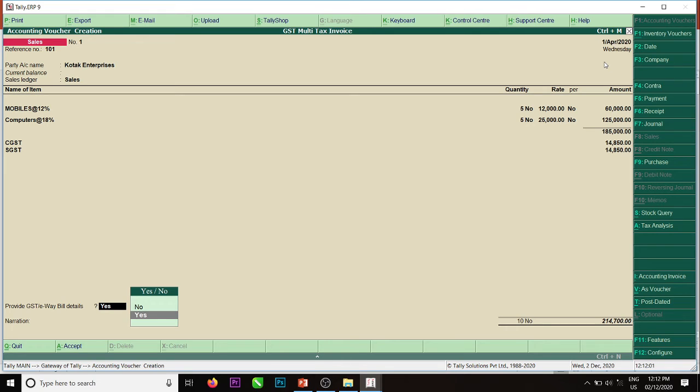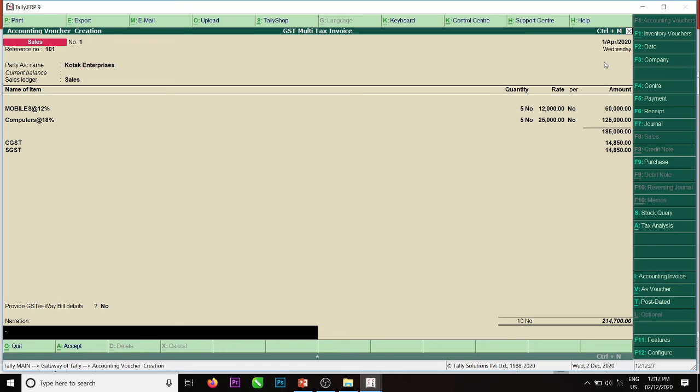Whenever I enter the party name, Kotak Enterprises, according to his GSTIN number, it will be enabled for him. Whenever he applies for input tax credit, automatically the computer will verify online. So the government is putting maximum effort to bring this tax structure into computerization for easy compliance.